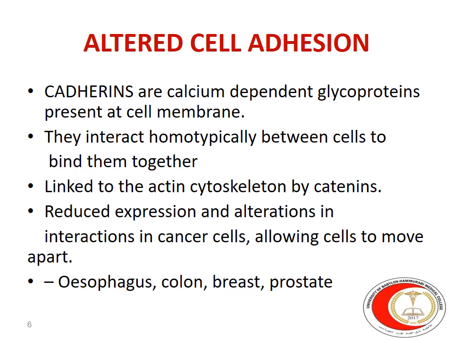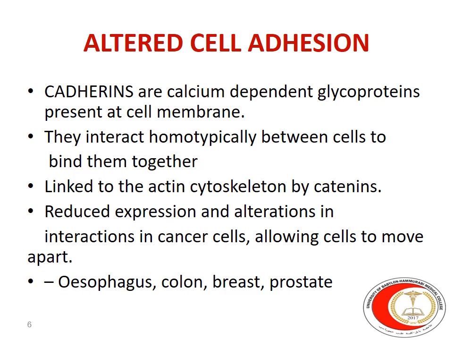That is, we have cadherin specific for certain cells. It will adhere this cell to another cell of the same type, homotypical adherence from the same group of cells. And the extracellular domain of this cadherin is linked to the actin cytoskeleton inside the cell by a molecule we call